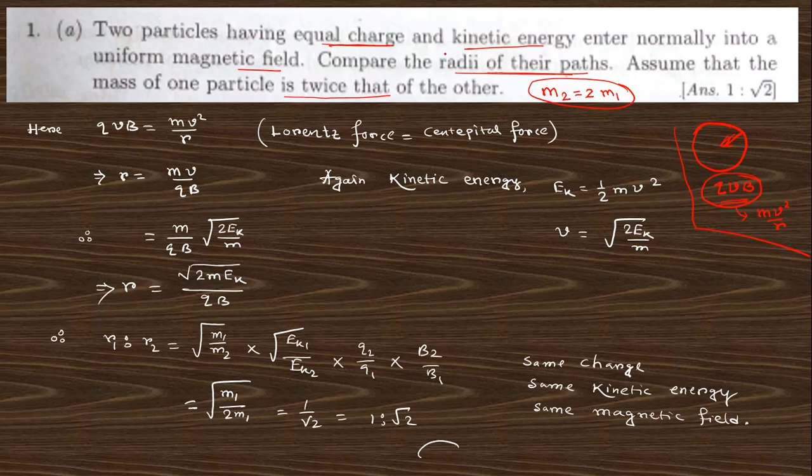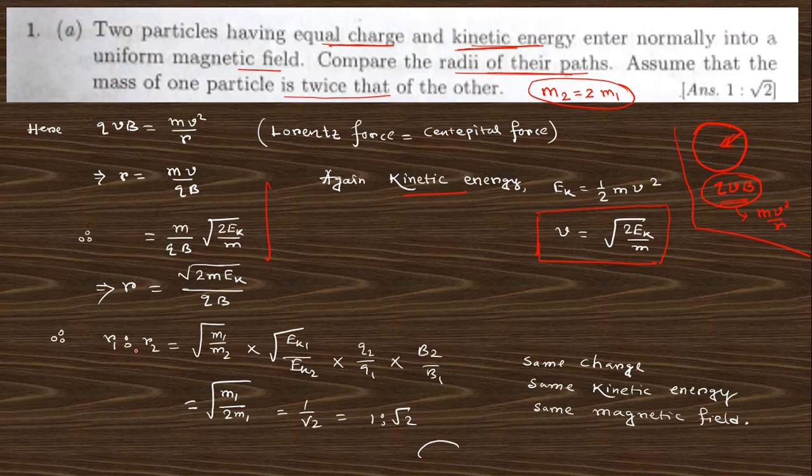But you do not have any information about velocity. You have information about mass, you have information about charge, and the magnetic field is uniform, that's okay, but no information about velocity. So you need to replace this velocity in terms of your given data, that is the kinetic energy. That's why we use the kinetic energy equal to half mv squared, from which we get the expression for v, and put this v here. Using this expression, taking m inside the root, this becomes r equals root of 2 m Ek by qB. So this is the equation by which we can get all the data.